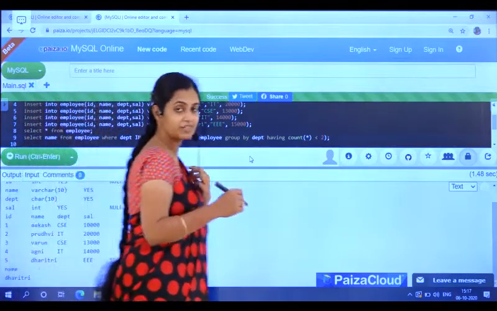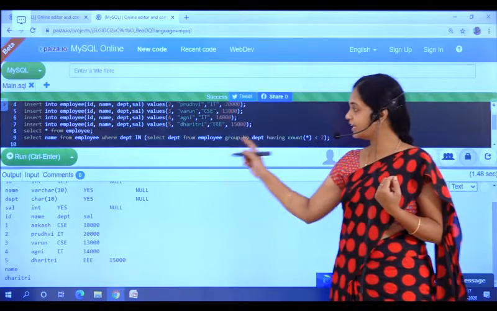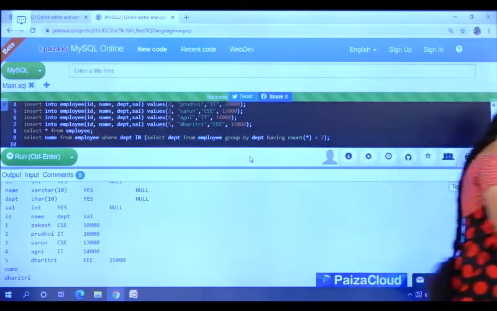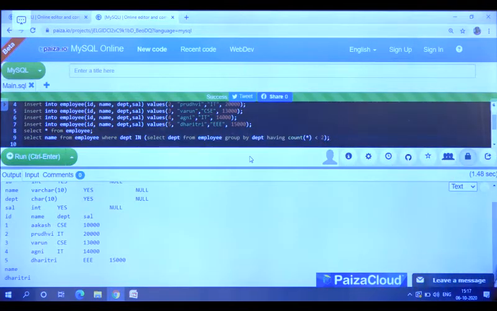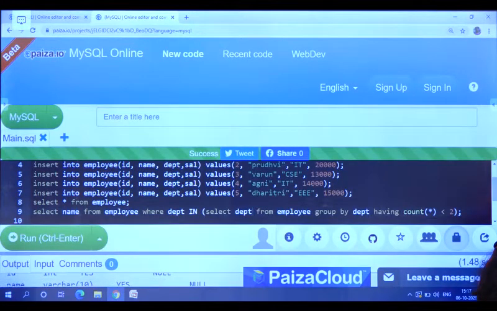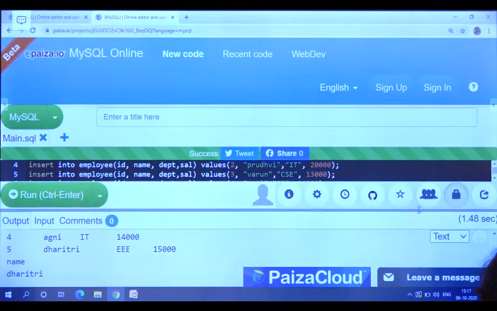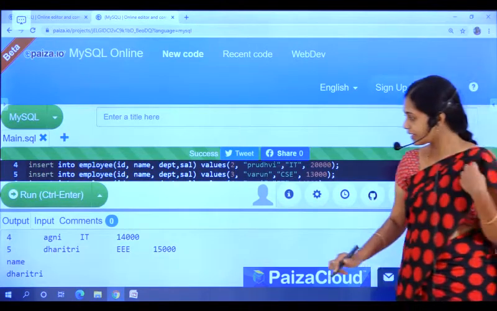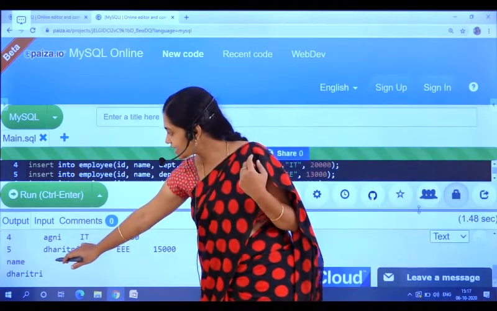Whatever we discussed, the same thing we are writing here. Now check the output. So Daritri is the output.